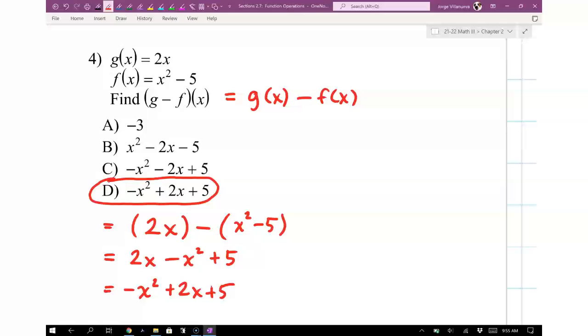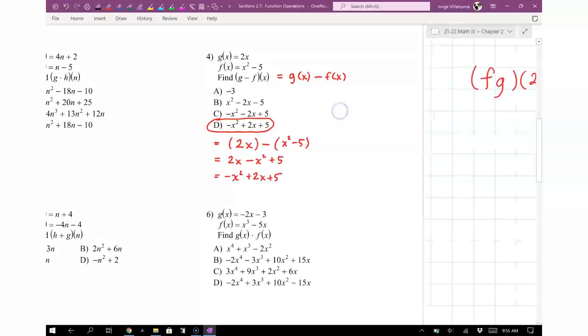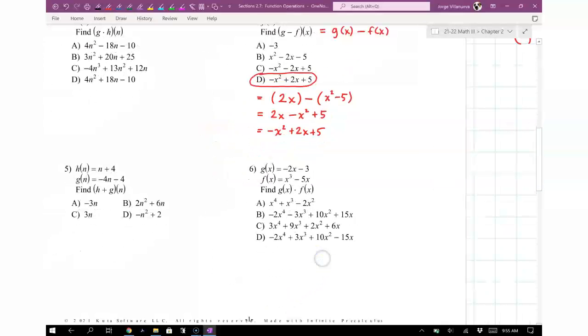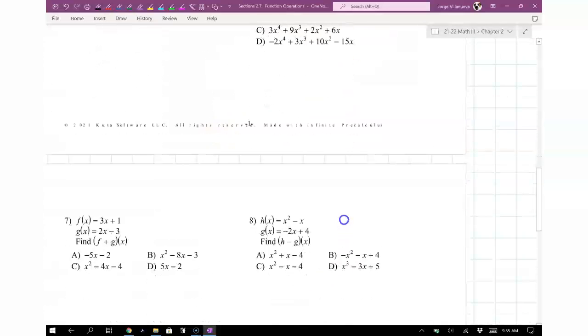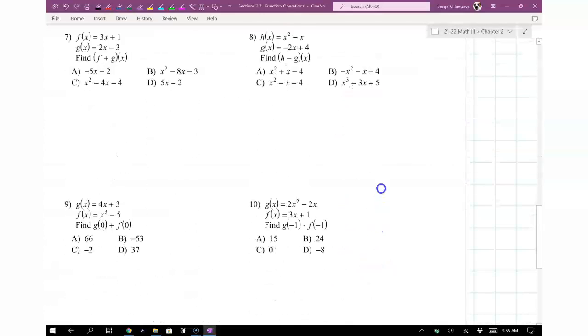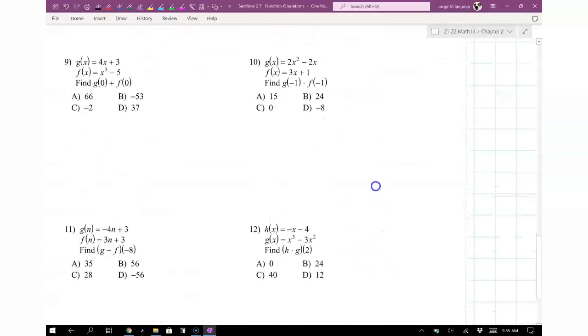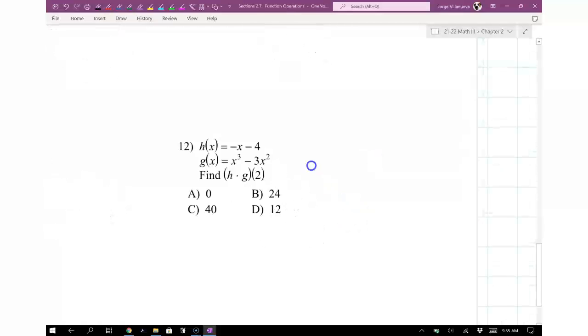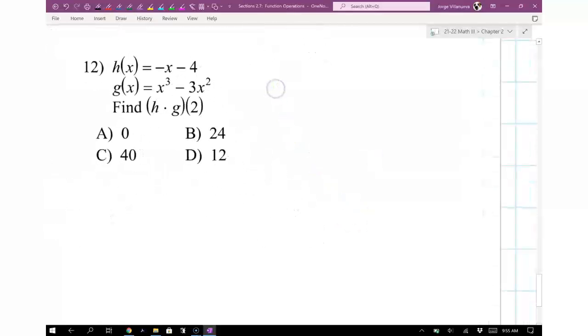So let's move on. Let's see if I can find one that has multiplication with the number, because notice we've done an addition, we've done a subtraction. Let's see if we can find multiplication, but with one of those multiplications, like I know 6 has it, but let's see if I can find one with multiplication and a number. So let's look at number 12. Multiplication and it's a number. So